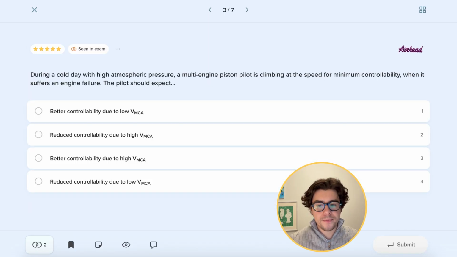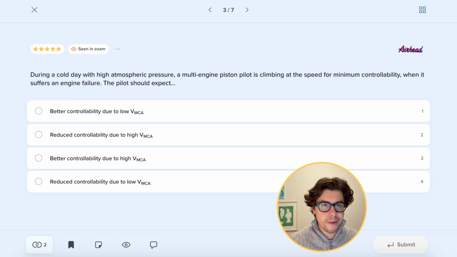Question number 3. During a cold day with high atmospheric pressure, a multi-engine piston pilot is climbing at a speed for minimum controllability, so VMC. When it suffers an engine failure, the pilot should expect. So if the day is cold and the atmospheric pressure is high, then